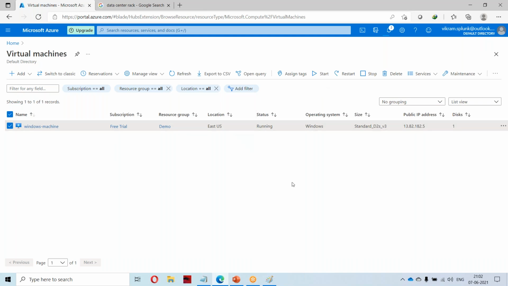Now the machine will go to stop mode, and this public IP will also be released. If you're not using this machine for a longer time, the public IP will be released, and whenever you start the instance, a new public IP will be sent to you. So public IPs are dynamic in the cloud.